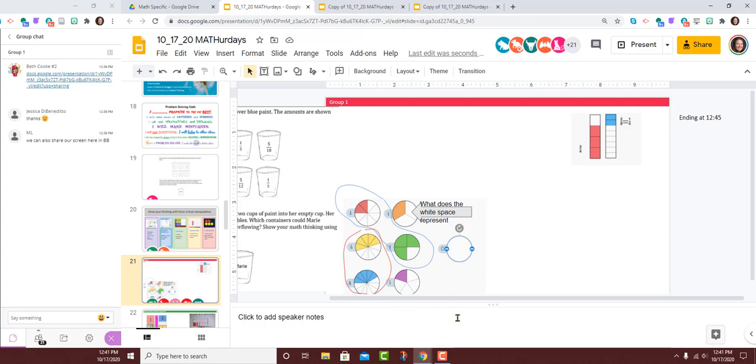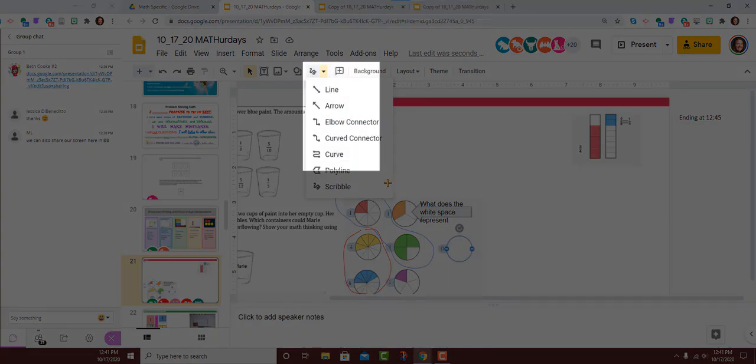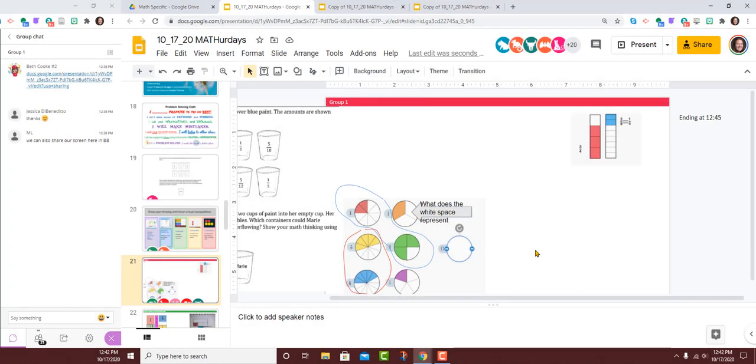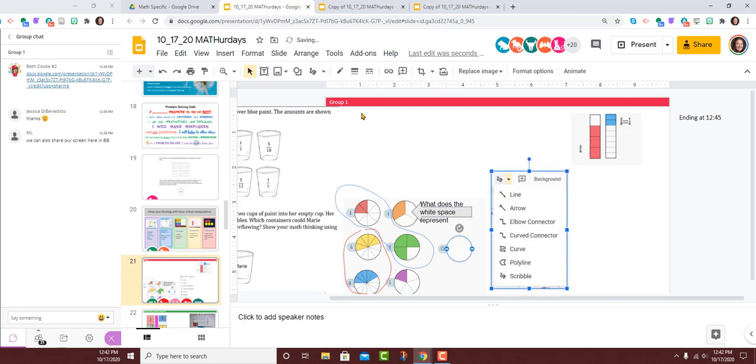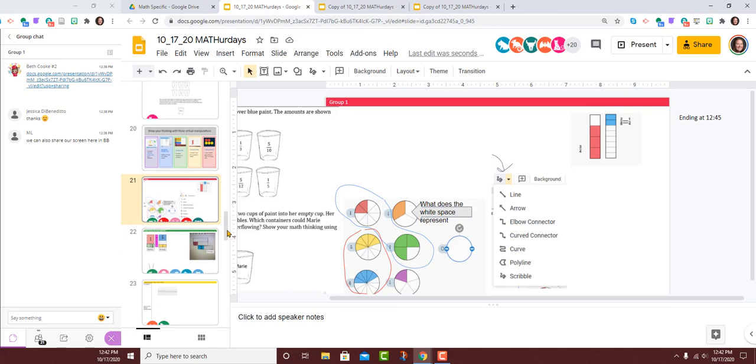Are there any other pairs that we could put together? And I'm really interested in your strategy. One of the things that I did here was I used the scribble tool to circle. If your group wants to think about more pairs, that would be amazing. That scribble tool is found underneath your line tool, and it's the last one. Feel free to delete that once you've got the hang of it.